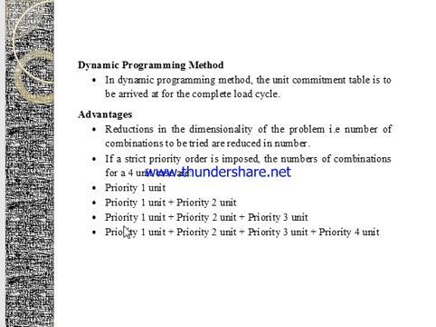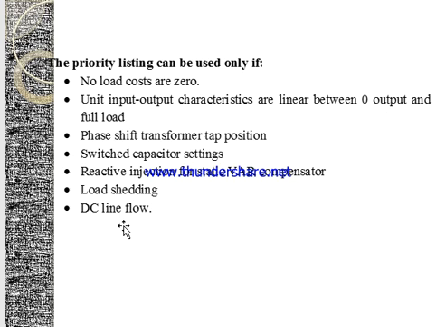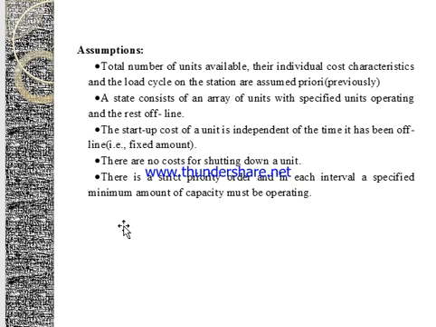So, what is the main advantage? Reduction in the dimensionality of the problem, that is, the number of combinations to be tried will be considerably reduced. While considering the priority listing, it can be used only if no load costs are 0, and unit input-output characteristics are linear between the 0 output and the full load condition. The phase shifting transformer tap position is good, and when switched capacitor settings are considered, and then reactive power injection with the static VAR compensator is done, and during load shedding and in DC line flow. Regarding the assumptions, the total number of units available, their individual cost characteristics and the load cycle on the station are assumed